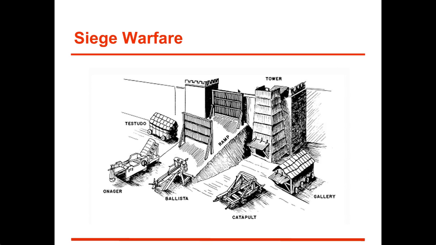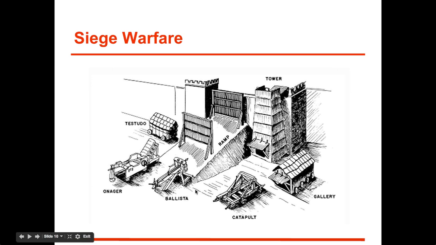All right, and the last thing we're going to talk about with the Romans is siege warfare. This is a very popular subject to be taught in schools because it's really cool. They, again, didn't create siege warfare. They perfected it. It was technology as a response as people's castles and architecture got better, as they were able to reinforce their structures more. There needed to be weapons that responded to that.